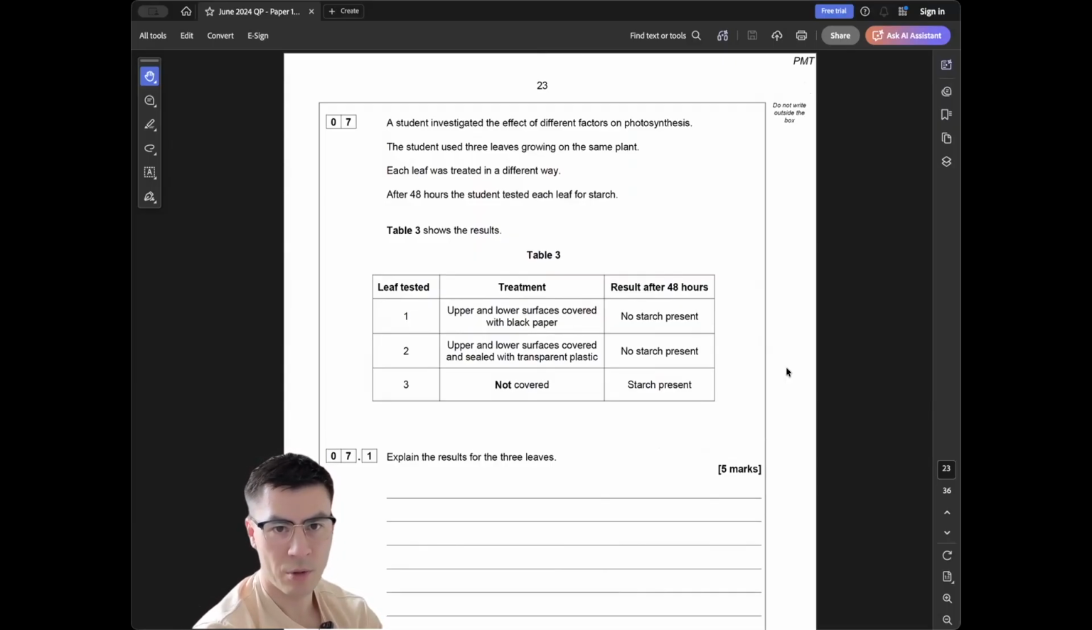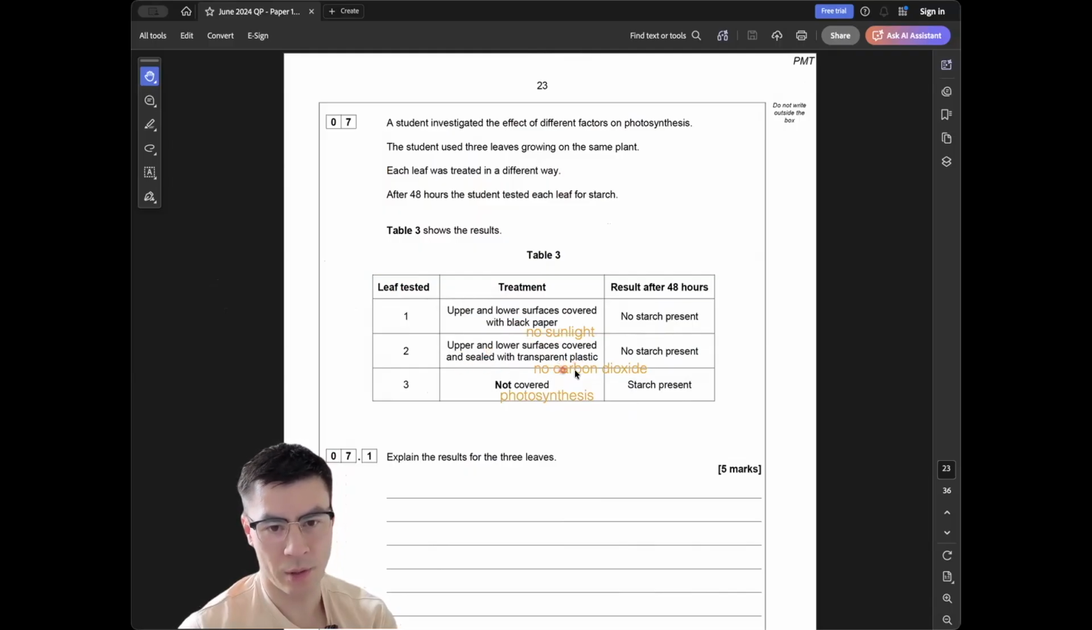The student used 3 leaves growing on the same plant. Each leaf was treated in a different way. After 48 hours, the student tested each leaf for starch. Upper and lower surfaces covered with black paper, 咁即係冇 sunlight 啦。跟住 upper and lower surfaces covered and sealed with transparent